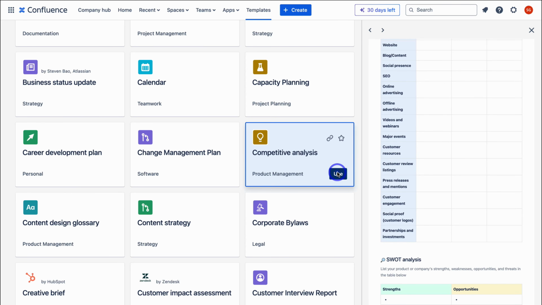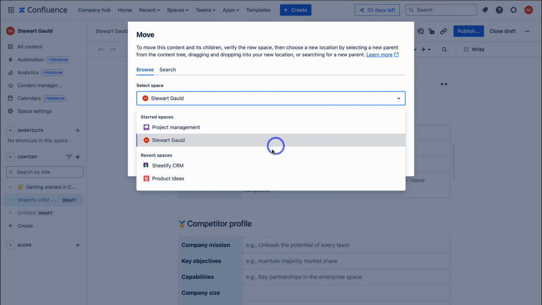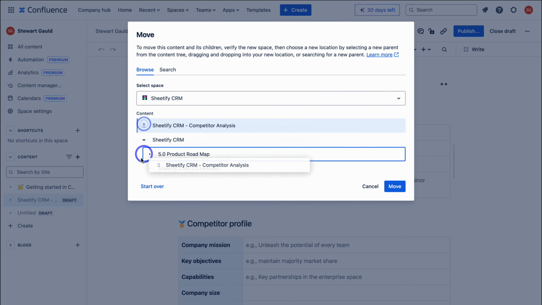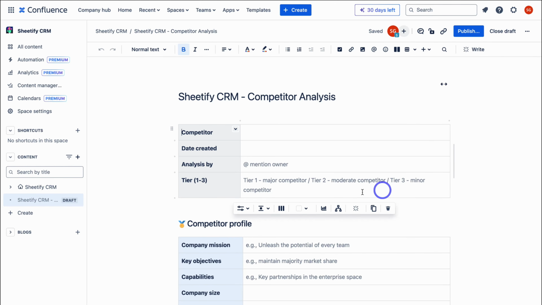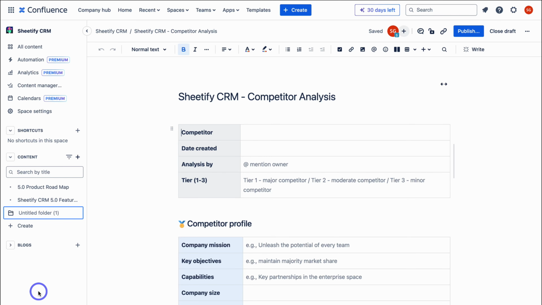Then simply select use, add a title, and I'm going to move this to my Sheetify CRM space by navigating up here, clicking on move, and then choosing the correct space, and then moving that page where I like, and hit move. We can also navigate over to create and create a folder for managing the different content within our